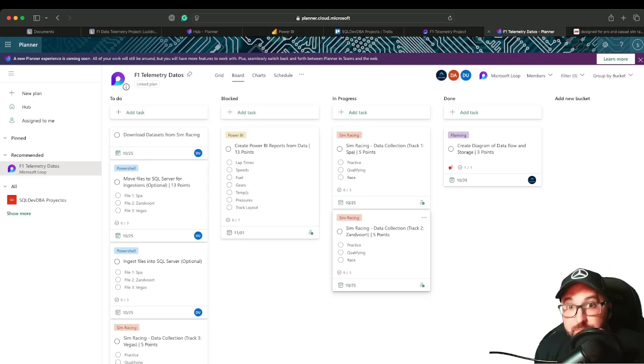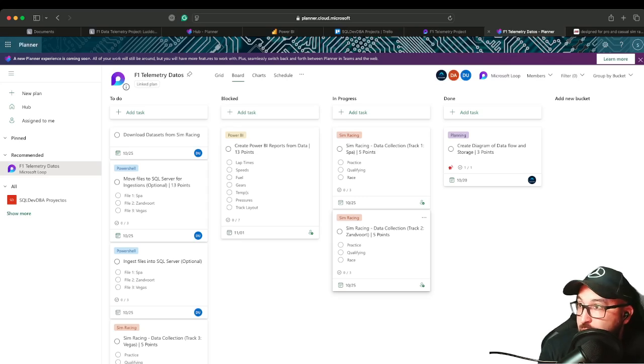That's probably going to be the most fun part of this project, and the reality is I like what I do, so the rest of it's going to be fun as well. I'll stream the effort it takes to develop PowerShell scripts to move the files. I will stream the creation of the Power BI report, which I want to make sure my dev that's creating